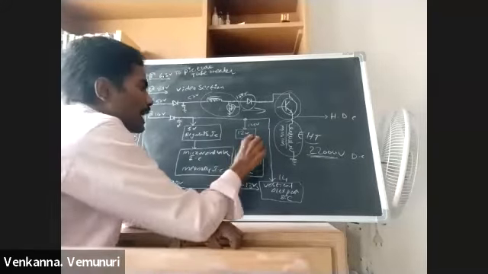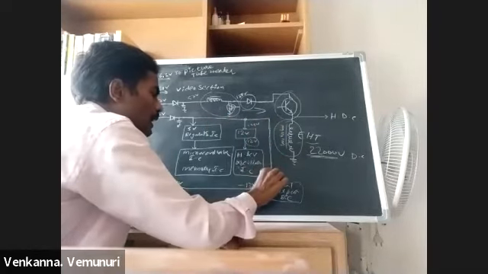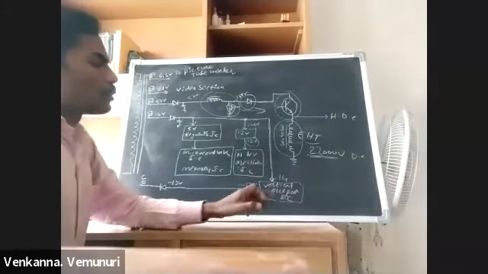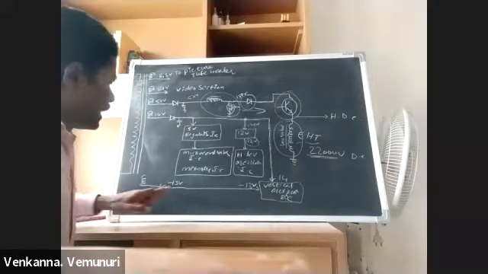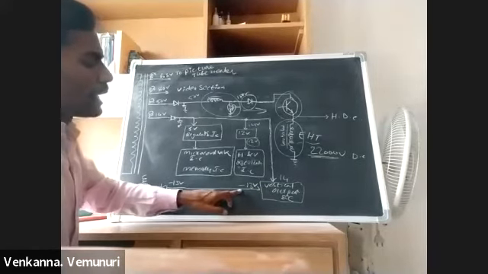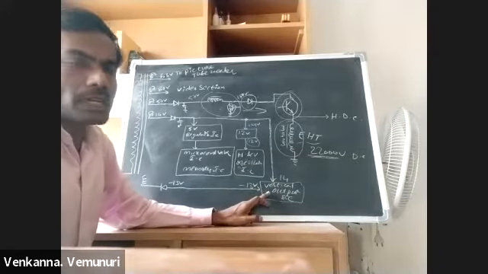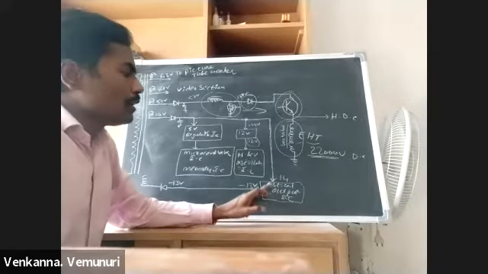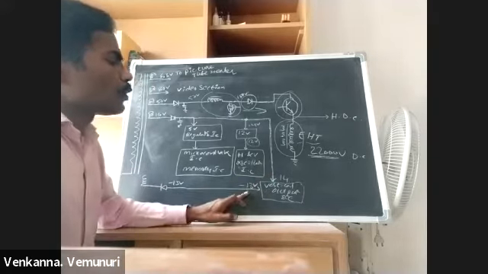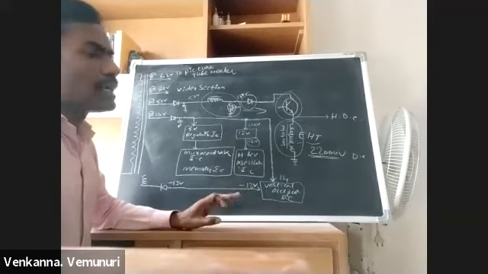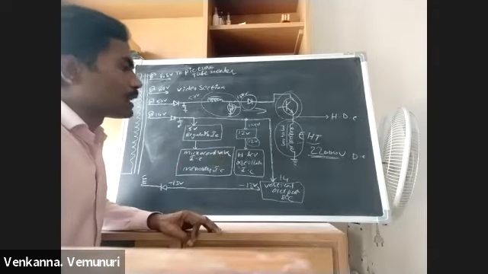And next, this 14 volts line is directly connecting to the vertical output section, meaning the vertical output IC. At the same time we are connecting negative 14 or 13 volts to the vertical output IC. The reason is that this vertical output IC works with a positive supply and a negative supply. For that purpose we are connecting two voltages. This is the power supply diagram of a CRT monitor.